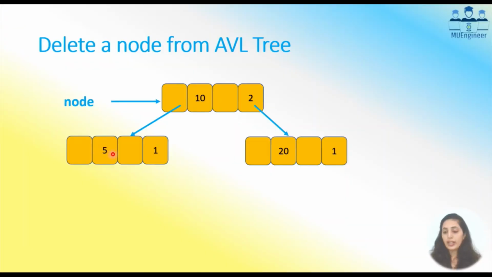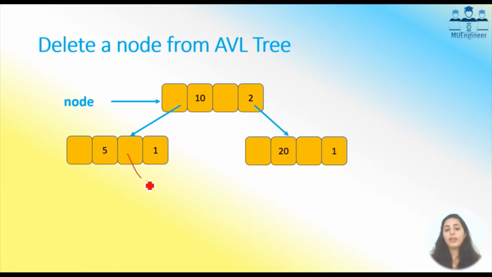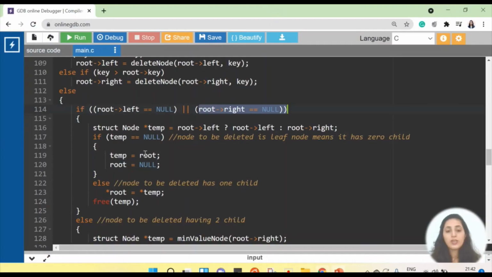मतलब आपको जो नोड डिलीट करना है, सपोज 5 नोड है. Okay, I want to delete the node 5 and whether its left child is null or right child is null. दोनों में से कोई एक null है, उसका मतलब क्या होता है? Say for example, the 5 के right में मेरे पास 8 है, so 5 के left में कुछ भी नहीं है, मतलब 5 का left is null. So the node which you want to delete is having a single child. So what I'm checking with this is either left is null or right is null.